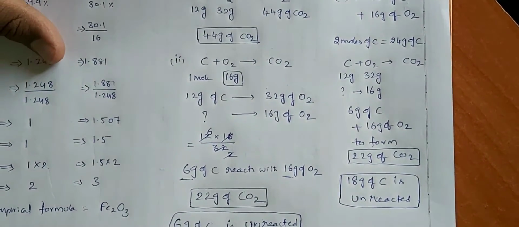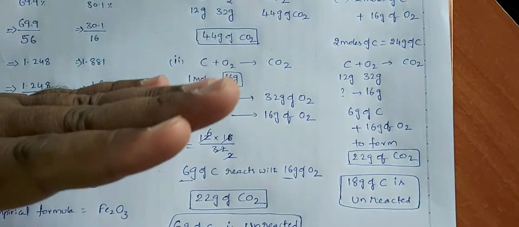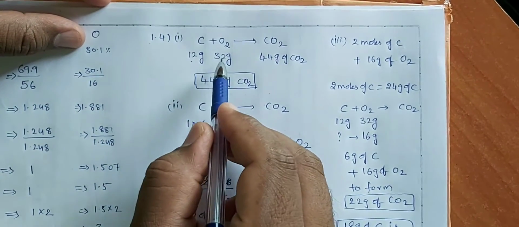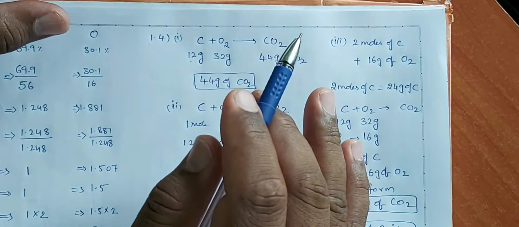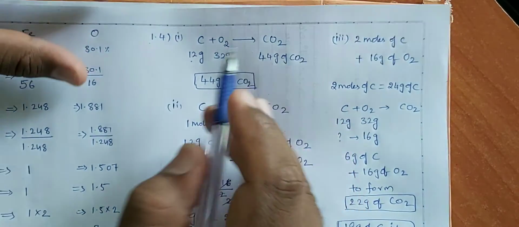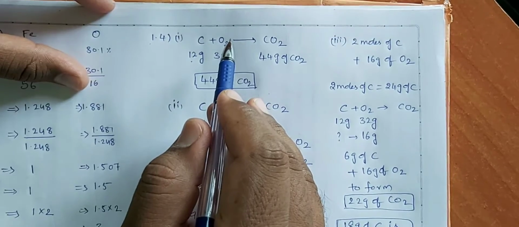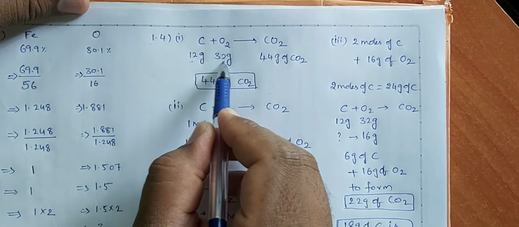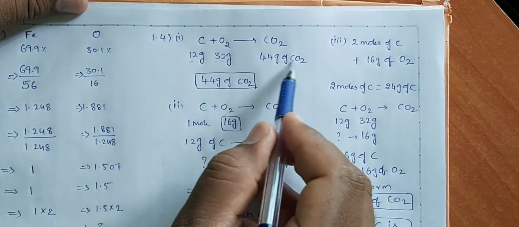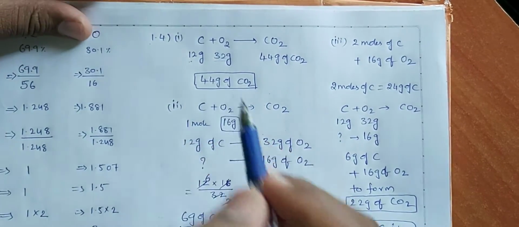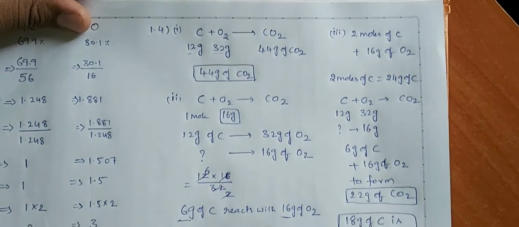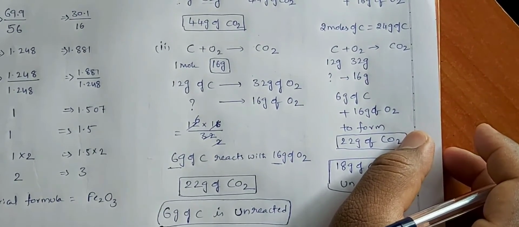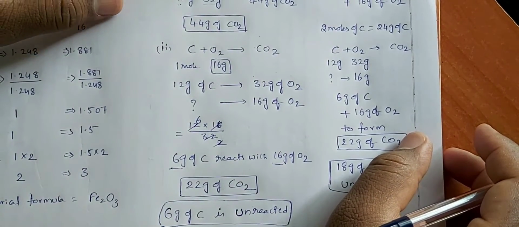According to the carbon and oxygen ratio, if they give exactly that ratio, then the complete reaction will take place. Observe the first one. They gave 12 grams of carbon and, by mentioning air, 32 grams of oxygen. They did not mention 32 grams of oxygen in the first one, but they said air: 1 mole of carbon reacts with air, meaning air contains so much oxygen. In that, this carbon will react with only 32 grams of oxygen to form 44 grams of carbon dioxide. That is the answer for the first one. Second one, 22 grams of carbon dioxide. Even the third one is also 22 grams of carbon dioxide, because in the second and third they supplied only 16 grams of oxygen.